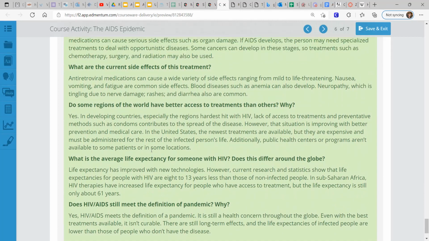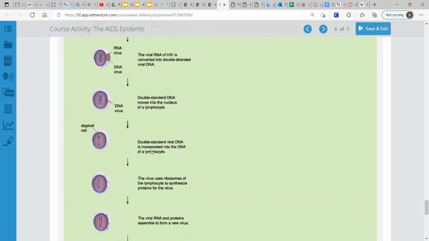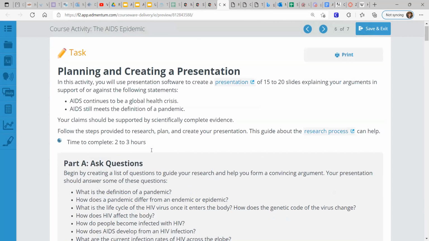As long as you show me the sources and you send me a Google slide assignment, email me, send it to me in Canvas. I believe you can send Google Slides in Canvas, but just email me. That'll be easy. And if you have any more questions, send them to me in Canvas or email me, and